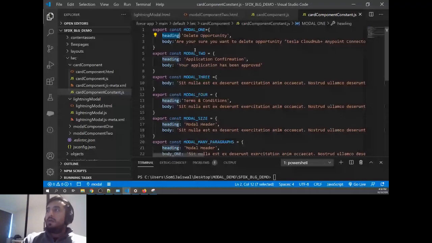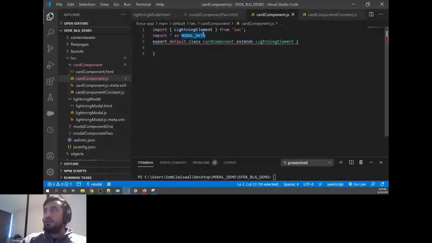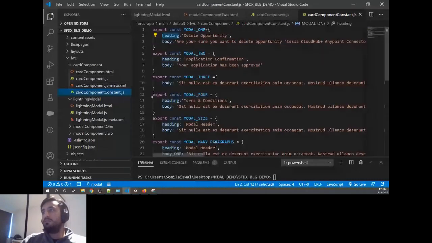I'm giving it an alias, modalData, and the file name is cardComponentConstant.js. Then I'll create a local property here and map the same data to the local property. Now the whole data that is inside constant.js is available inside our JS file.